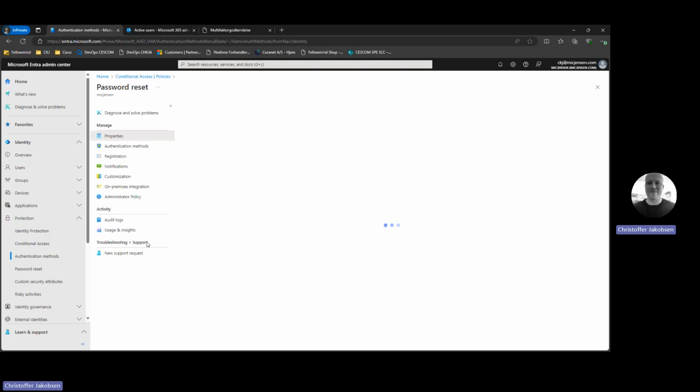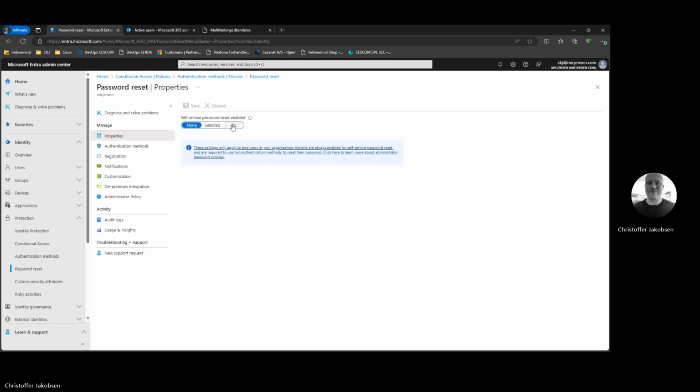And if you go to the Entra portal and look at how self-service password reset is set, you can see that it could be set to selected or all. In this case, it's just set to none. But in most cases, when you have been using the legacy method, it is set to all. So in terms of MFA, you're using this per-user MFA setting where it's activated and enforced per user in the old MFA portal. You're using the self-service password reset here,